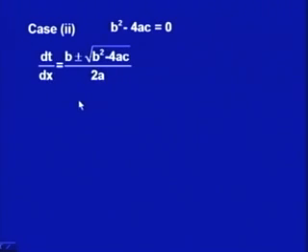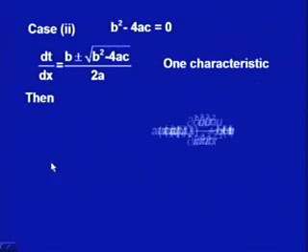The second case is when b square minus 4ac is 0. In that case, the equation dt by dx is equal to b plus minus square root of b square minus 4ac upon 2a, and because b square minus 4ac is now 0, I would get only a single equation, dt by dx as b by 2a. That says there is only one characteristic,